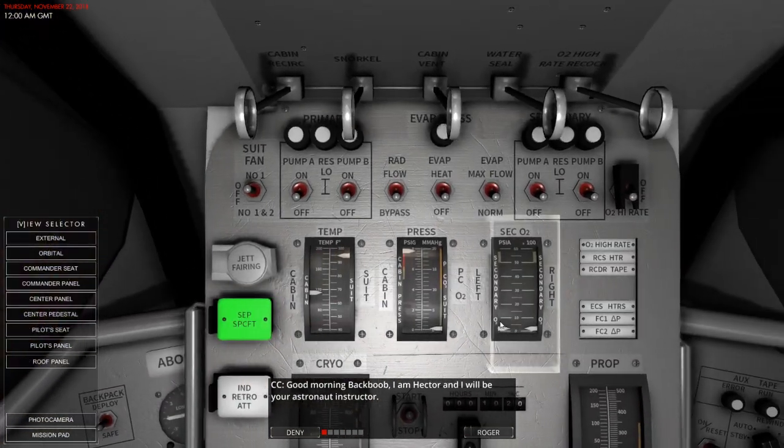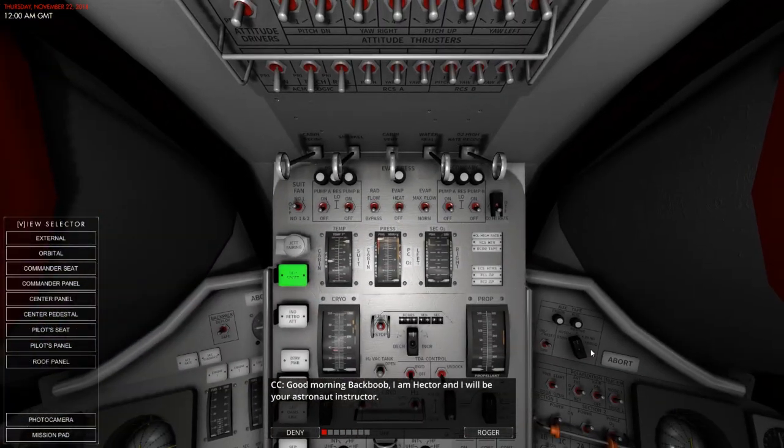Roger, staging. Alrighty, good morning, Batboob. I am Hector and I'll be your astronaut instructor. Hello, Hector. In this tutorial, I will teach you how to perform the Deorbit re-entry landing procedure for the Gemini